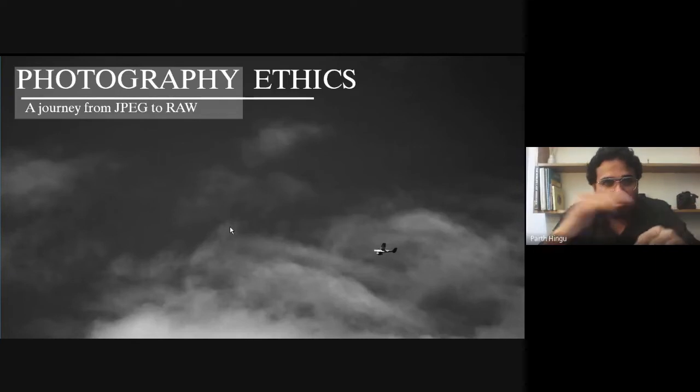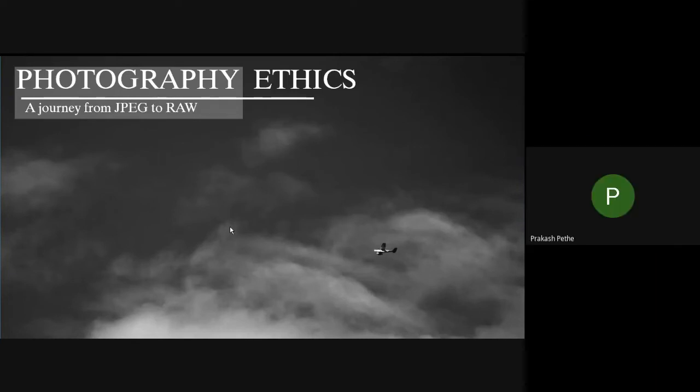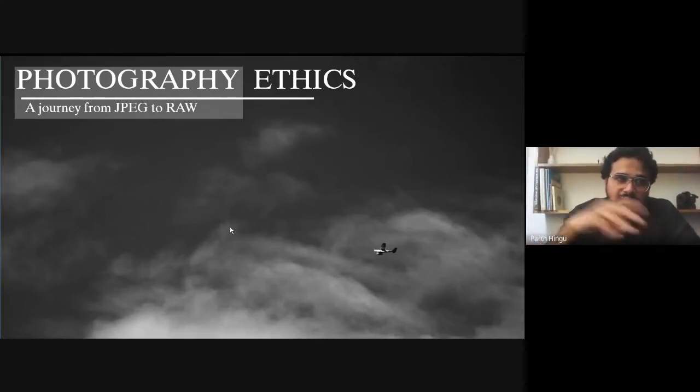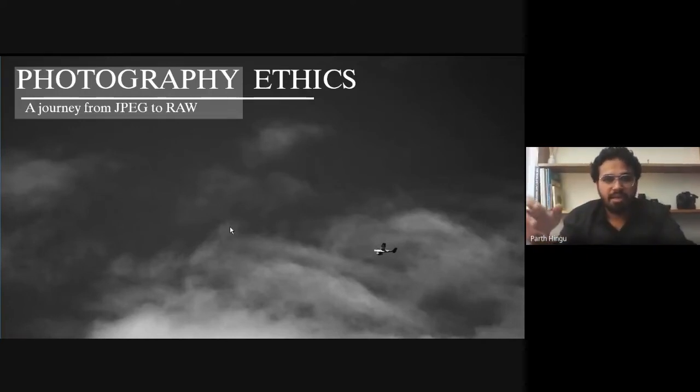The thing is, JPG is like the basic level of a photo. The raw is the pro level of photographer. So when you learn something, you climb one step. This is the step, JPG to raw: the bottom one is JPG and the raw is the top one. So you are just climbing a step after learning this. So this was the concept of a journey from JPG to raw from my side.